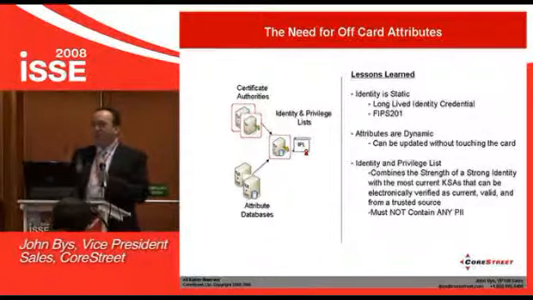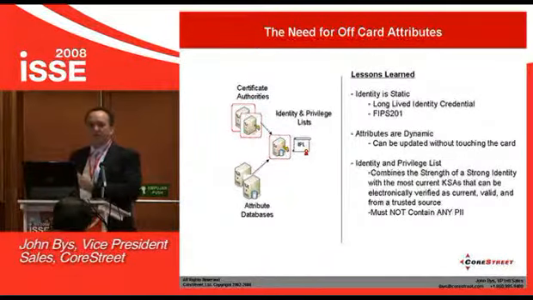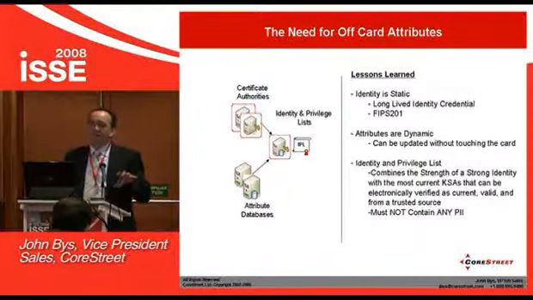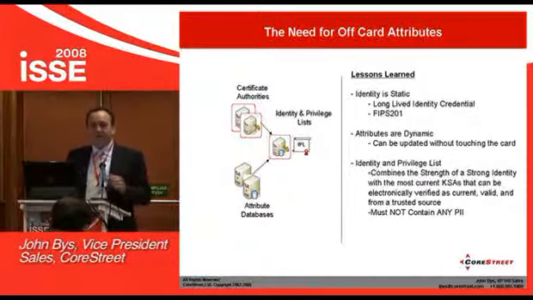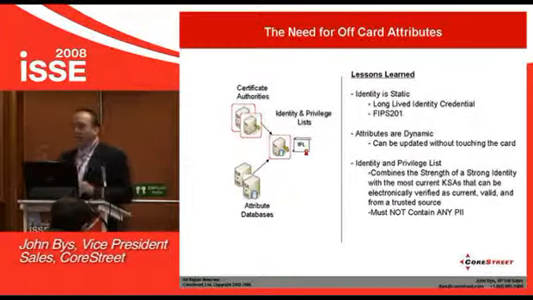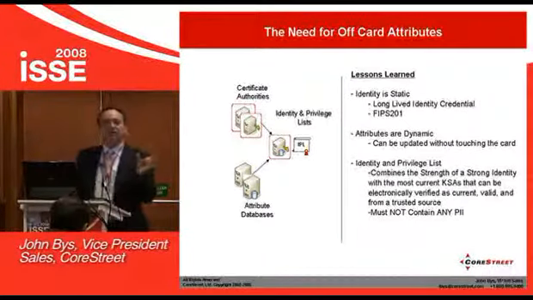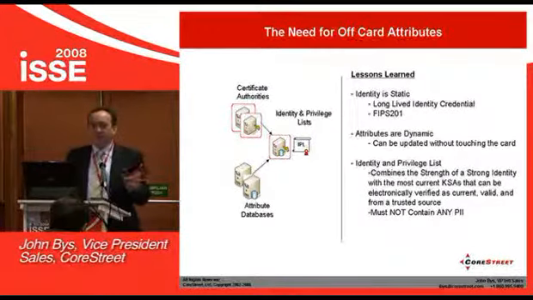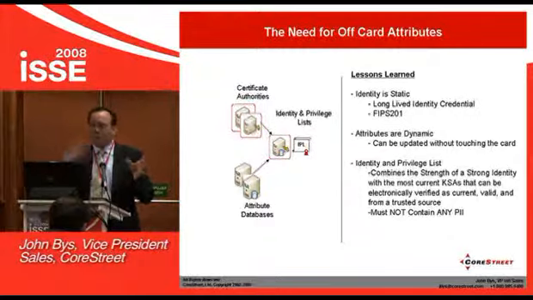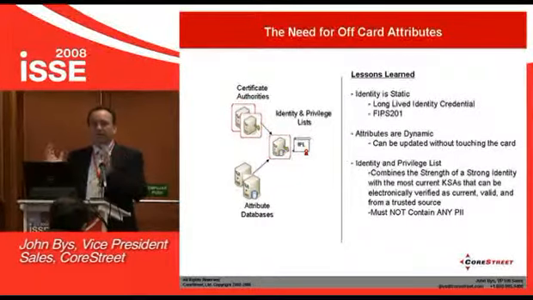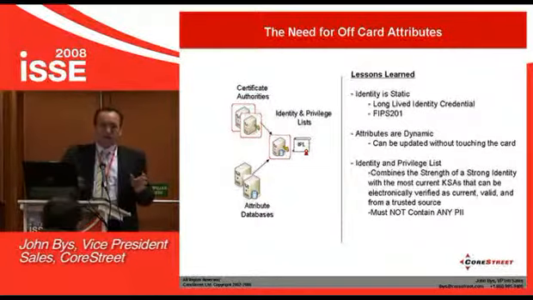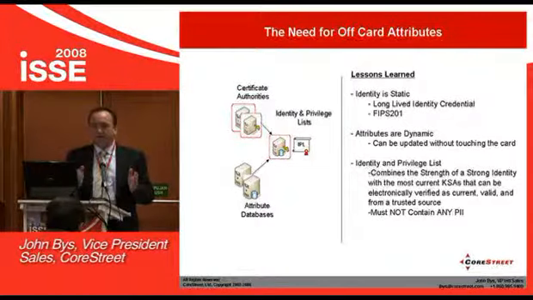So the idea is that things that change shouldn't be embedded within the identity, but they can be associated with that identity so that we can make dynamic attribute modifications without ever actually having to touch the identity. And this becomes very critical in citizen ID and military ID programs, first responder programs, things where people have attributes associated with their identities that tend to change a lot more often than their identity.